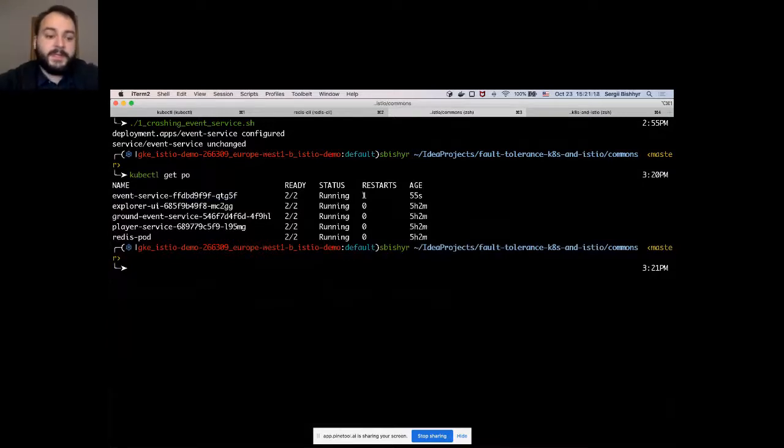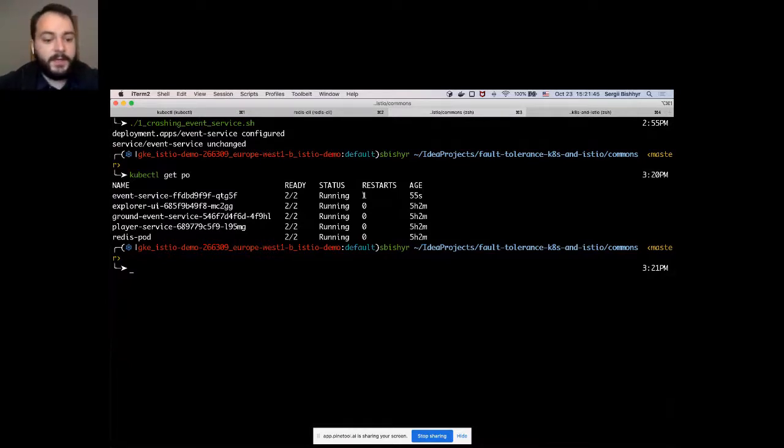What happens is that it crashes, and Kubernetes gives you this out of the box. When it sees that some application crashes, it will restart it automatically. You don't have to do anything about it. It just notices that it's crashed and will restart it. So by this, you can have some sort of fault tolerance. But the problem for now is that we have only one instance of event service.